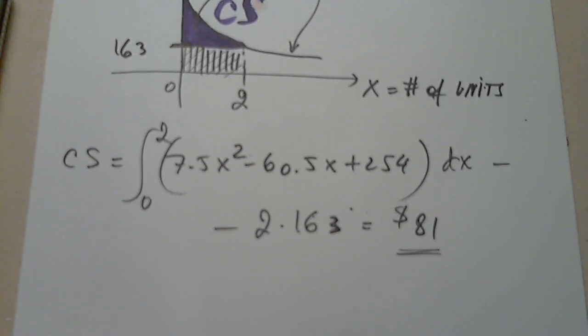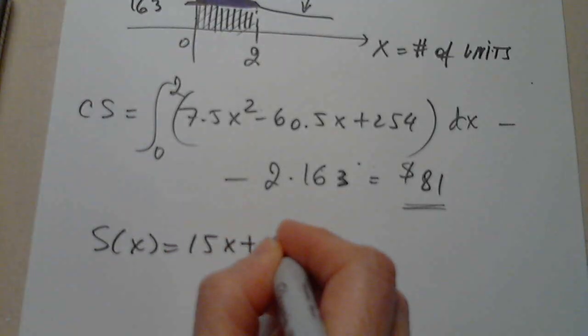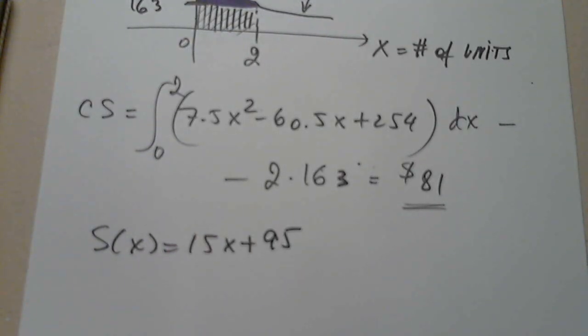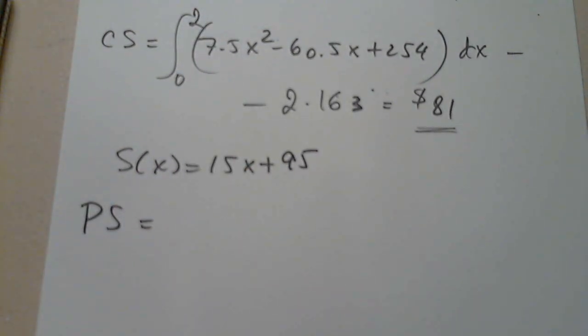Good. And now let's go back to the second question, second part. Suppose a supply function for the center, whatever, is given by S of x equals 15x plus 95. Find the producer surplus if they sell her those two jumps. So now we want the producer surplus for the same two jumps, same number. What do I need to